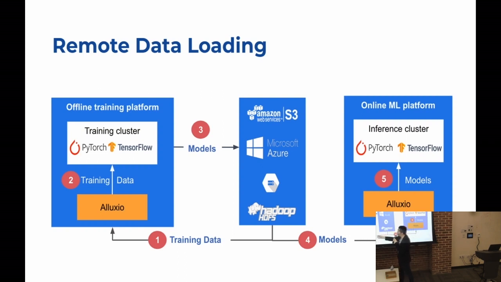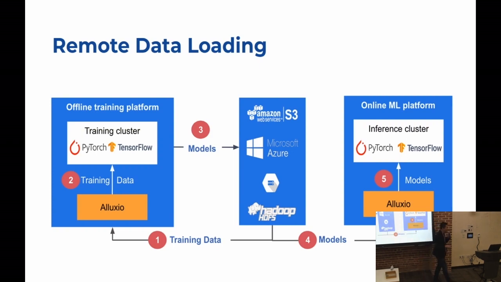And also, when they finish the training, they would like to write the model back into the cloud storage or maybe a remote HDFS. On the other side, as I mentioned, they have multiple data centers, and each data center may have its own compute power. If they want to do inference, they have to load the data from the remote. Am I right?